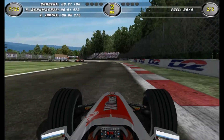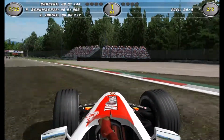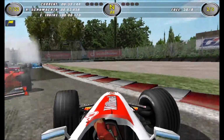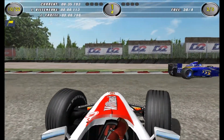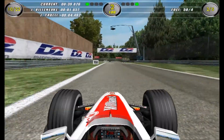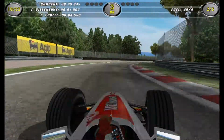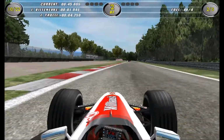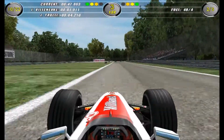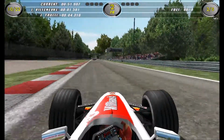Brake at the 100 for the Rogier. Going a bit wide there. And that's a spin from us. That's a complete disaster. Irvine goes through, so does Villeneuve, and it looks like there's a gap between us and 10th place. I really do not want to finish any lower than this. I really need to beat Irvine in this race, and indeed those other two. Otherwise it looks like we are going to lose our fairly strong positioning in the World Drivers' Championship here,